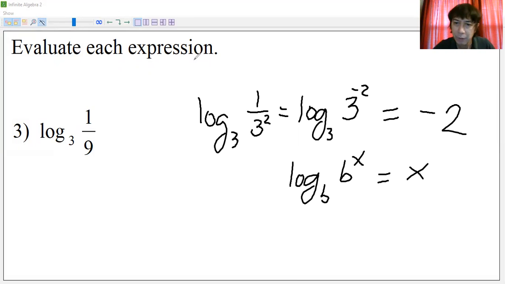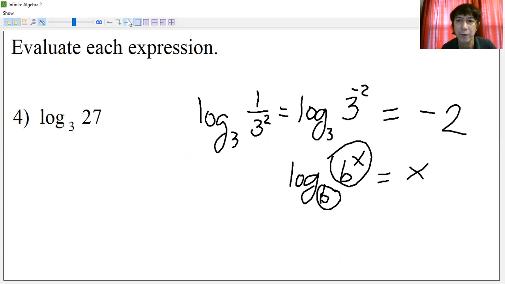So the moment you transform the expression here like b to the x, and this is your base, if this and this number are the same, then you can write the answer which is equivalent to the x. So the answer here is -2. And you can very well see that over here. We can check that there. You can see the red number here, and that's the answer for this number. All right, let's continue. And that's the fourth. And let us clear the screen.